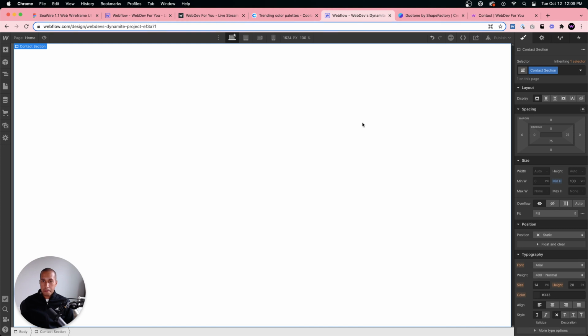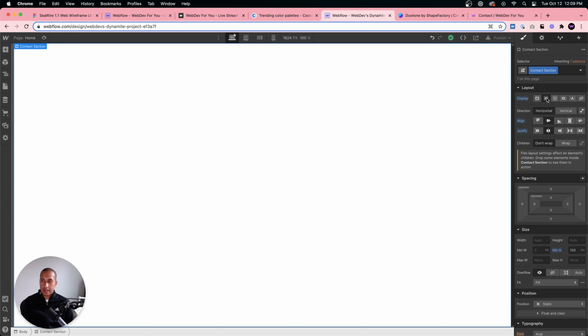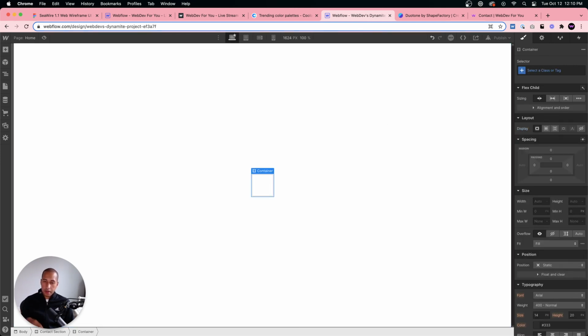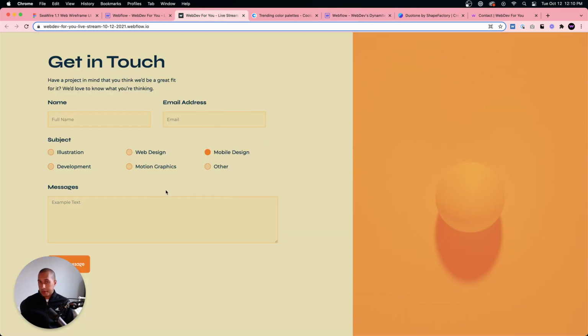That looks good. And then I think for this section, I'm actually going to set the display setting to center. So apply a flex setting, center. I didn't do this in the original one, but I think this might work out a bit better. And then I'll hit Command K. I'll add a container. Every time I add a section, I want to put a container in the section. Or actually, no, not for this one. Sorry. So this is a full screen contact form. And we'll get more into the details of how I built this in a second.